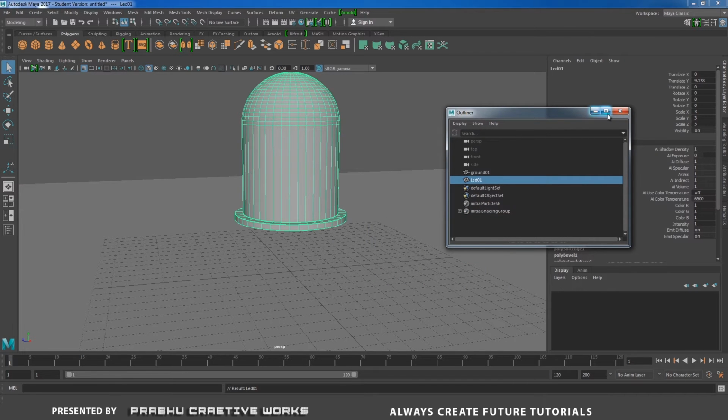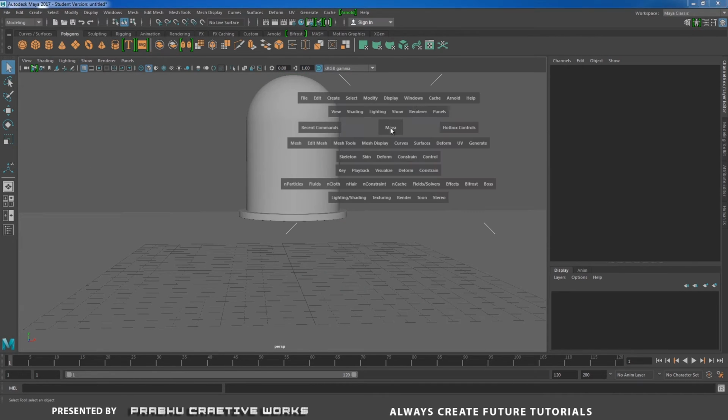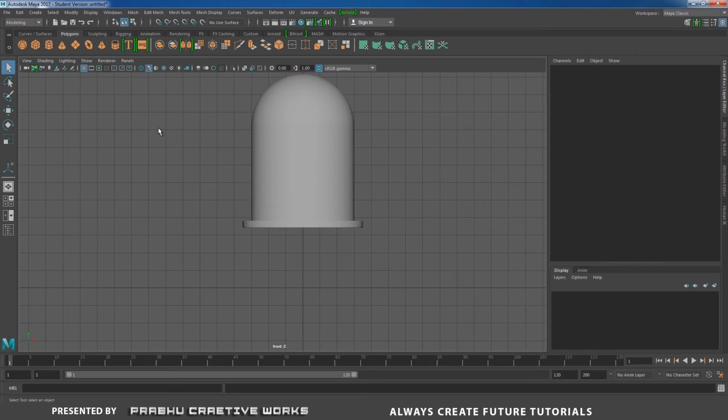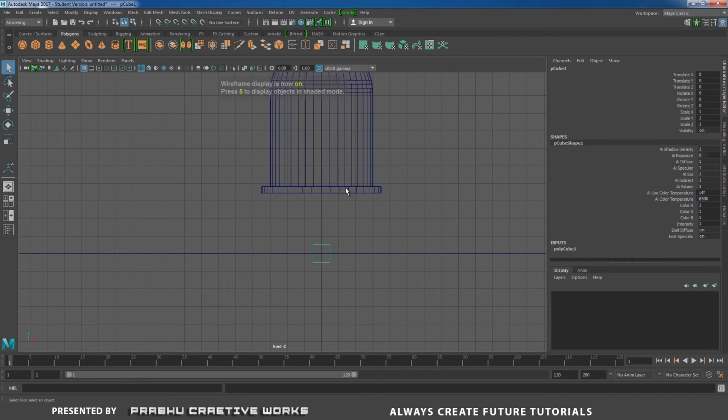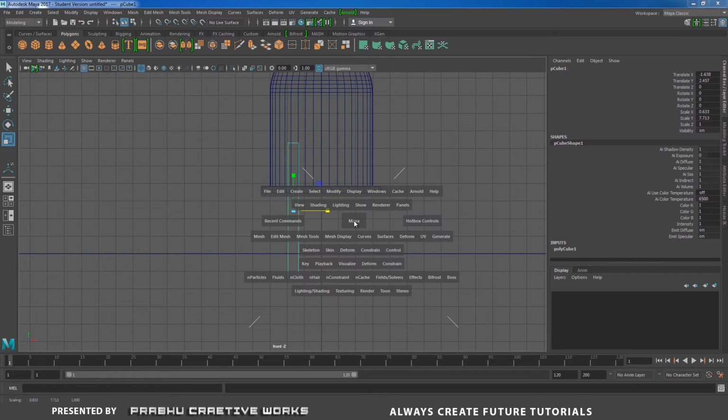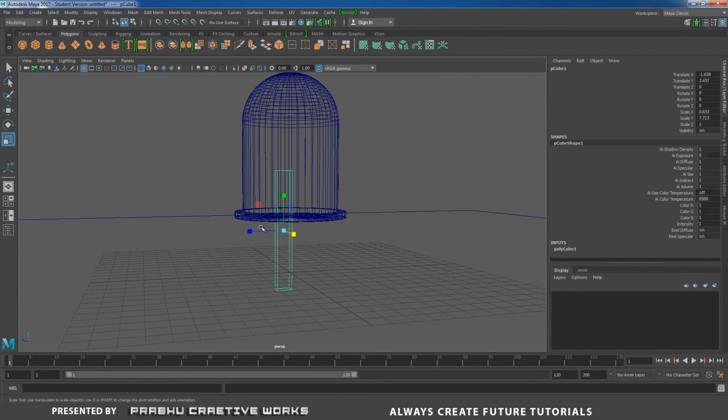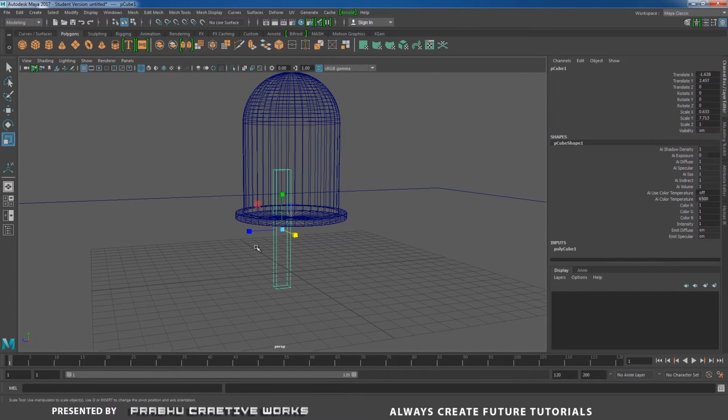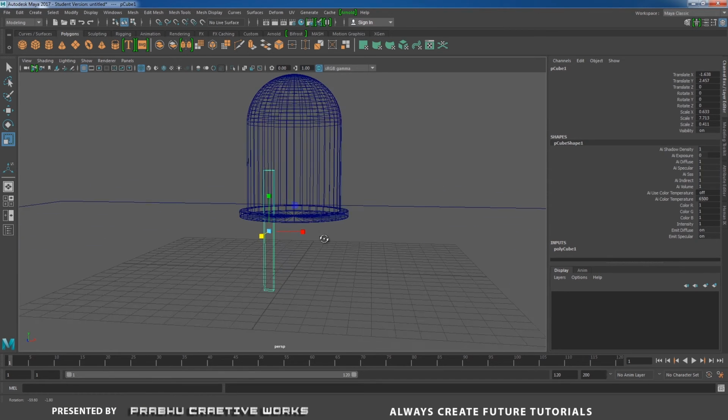Next you need to create a polycube and press 4 on the keyboard, go to front view and press W. Move to this side, move in Y, and press R and scale in Y. Now go to perspective, press R and scale in Z. You want to make it thin.